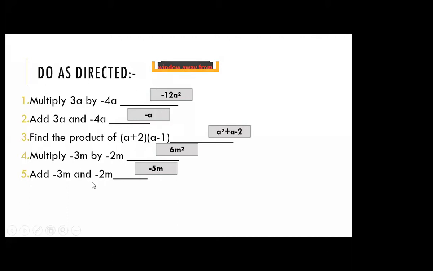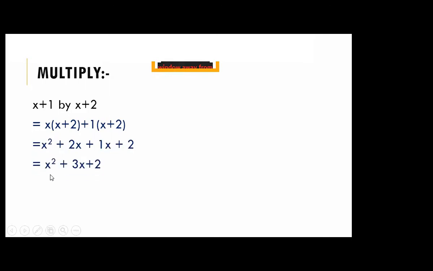Okay, so here, Abdurrahman, we have to add the number. Beta, in addition, we are not going to add the powers. Now, students, here let me show you that when in the question only the multiplication is given to you, multiply these two binomial terms. So you can easily multiply by using the method of exercise 3.6 as well. That is first term, second bracket, second term, second bracket. So by multiplying these variables, you get the answer, that is x square plus 3x plus 2.